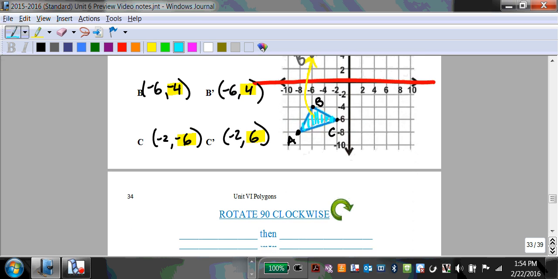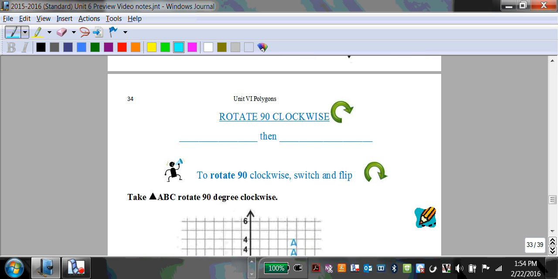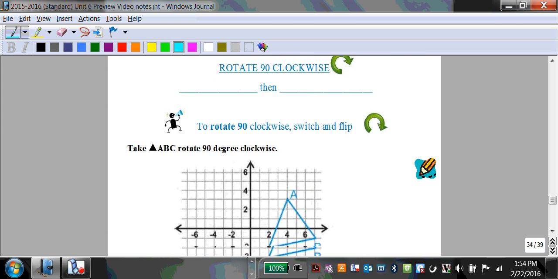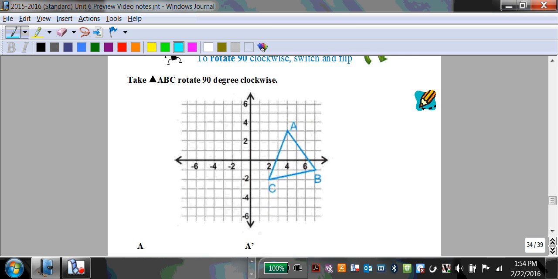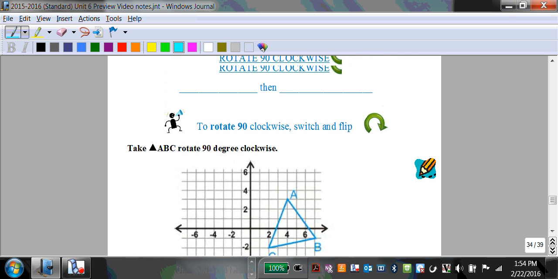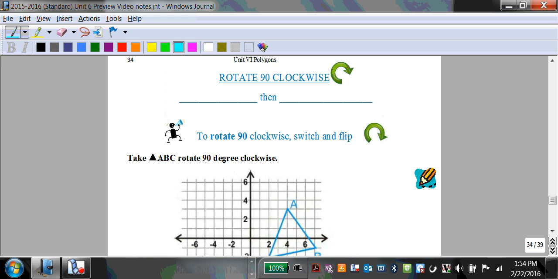Translation, reflection. Now, rotations are probably the trickiest, so you've got to pay very close attention here. There's 3 different rotations: 90 clockwise, 90 counterclockwise, and then 180. To rotate 90 clockwise,